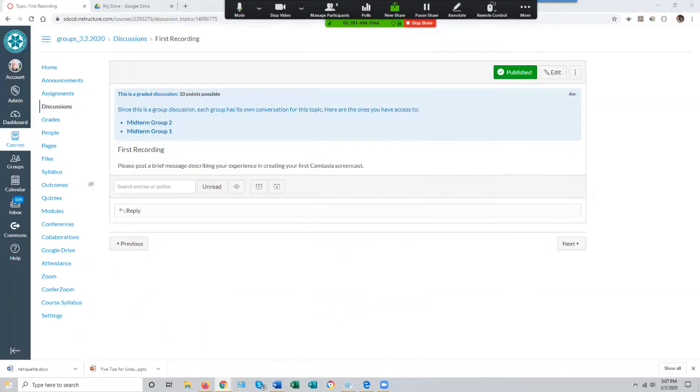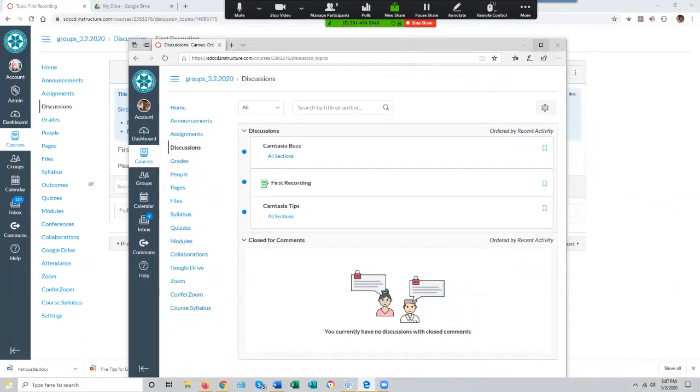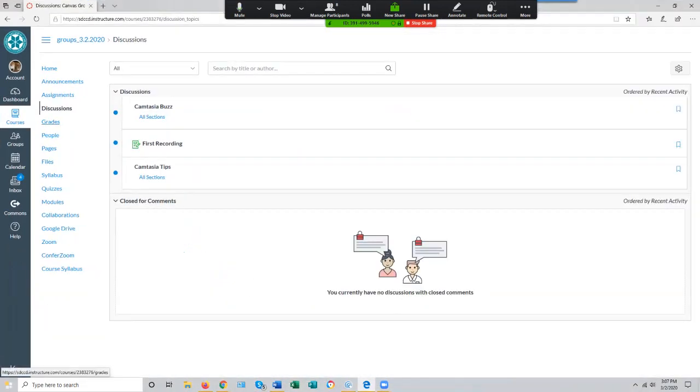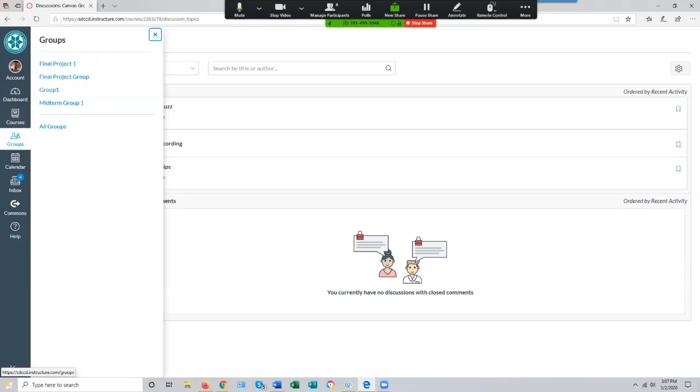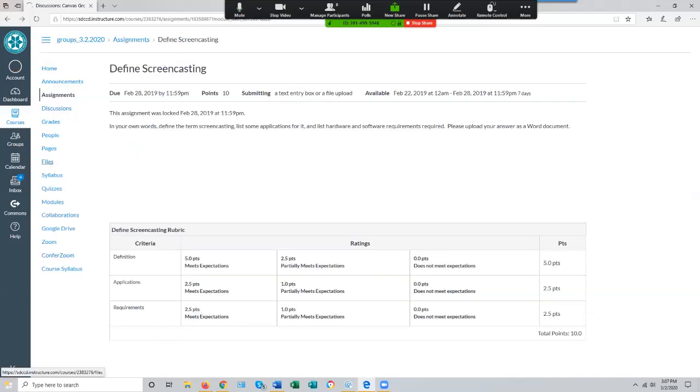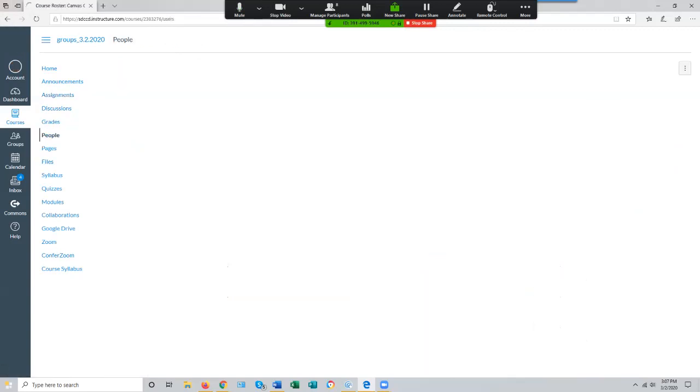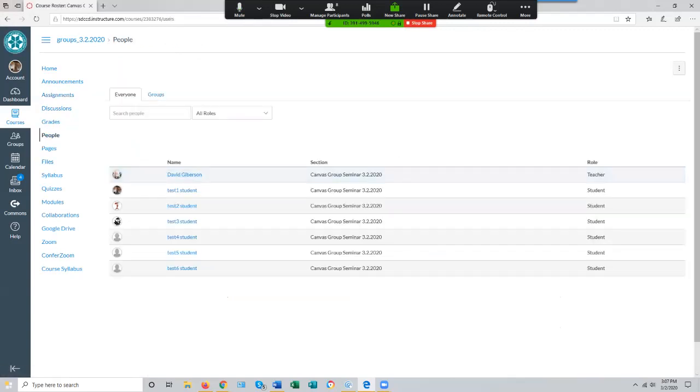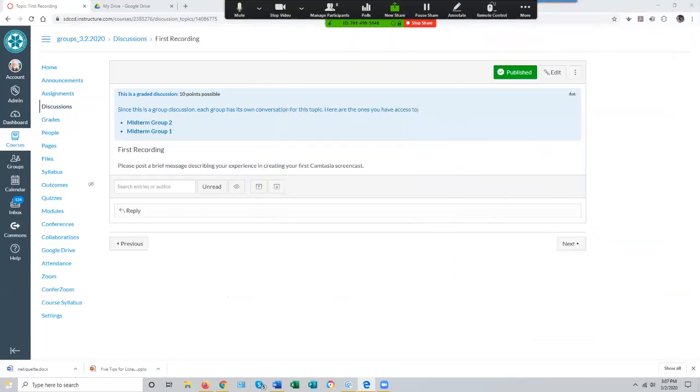I need to be a student again. Let me bring the dogs over. In order to be able to do this, you need to give the students access to the people tool, I do believe. I don't think they can do it through here. No, they can't. They have to have access to the people tool. And they can, let me show you how you give them the capability to do this